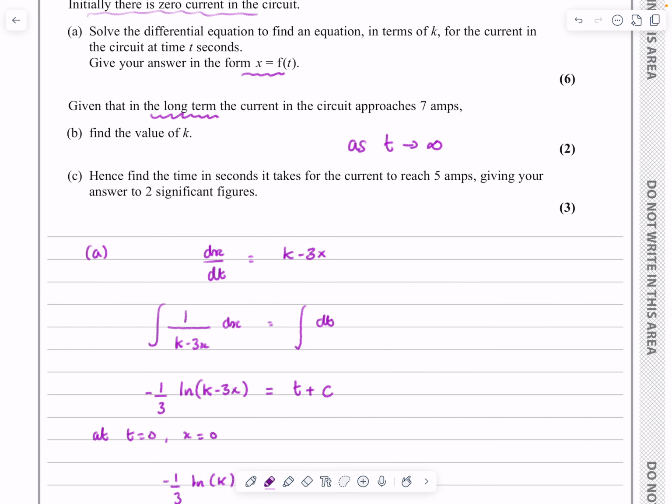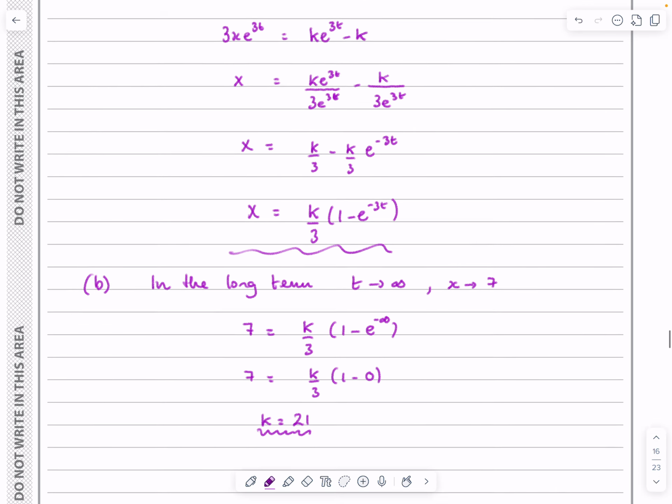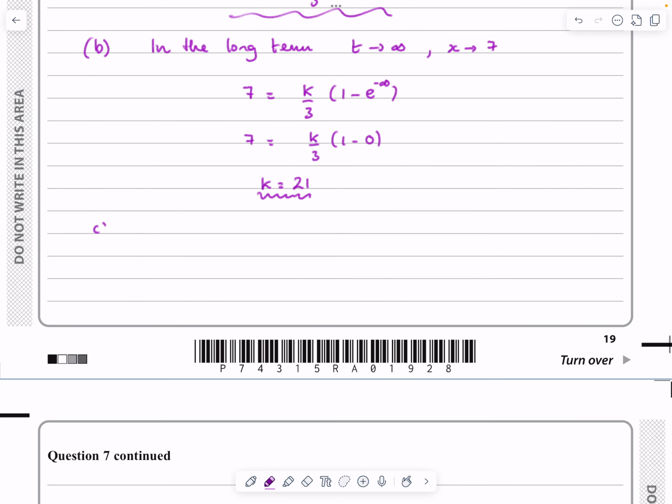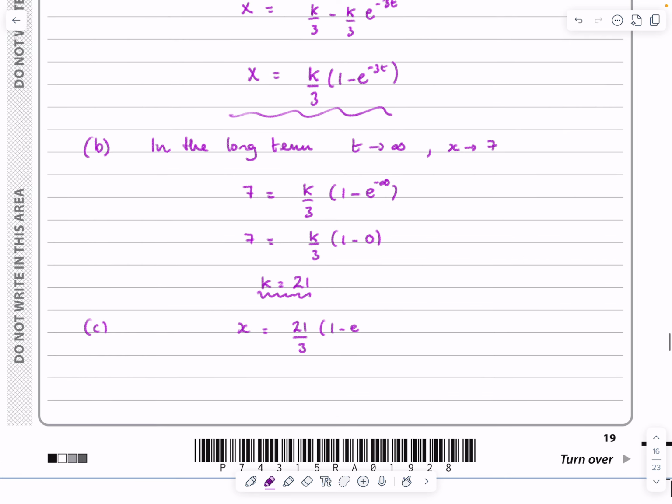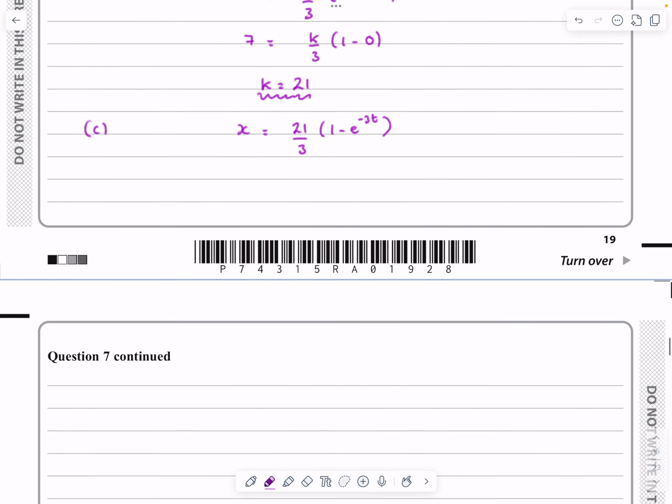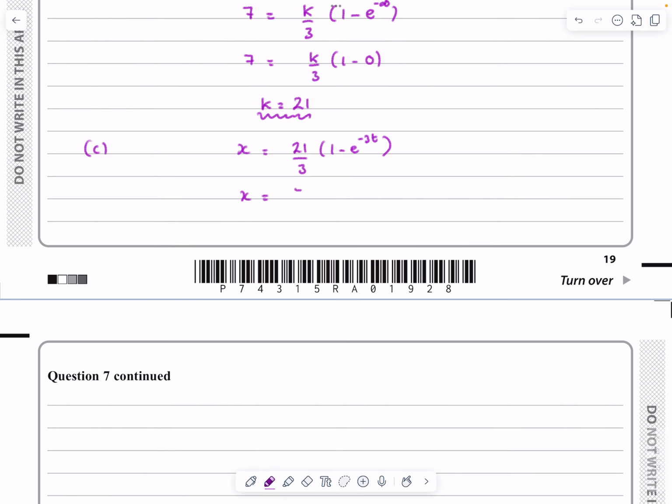And then the last part, what are they asking? So I know what k is now, obviously. Now find the time it takes in seconds for the current to reach 5 amps, giving my answer to 2 significant figures. So that's okay, I can just go back to my part now here, part C. So we had that x is equal to, rather than it being k over 3, it's now 21 over 3. I'll put it as 21 over 3, I can see that's 7, but let's just put it as that to start off with. So that's what my formula really is, or in other words, 7 lots of 1 minus e